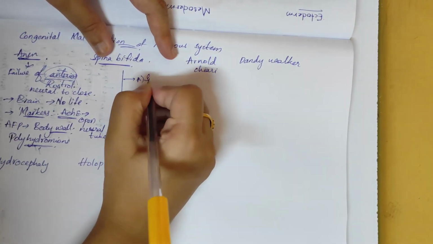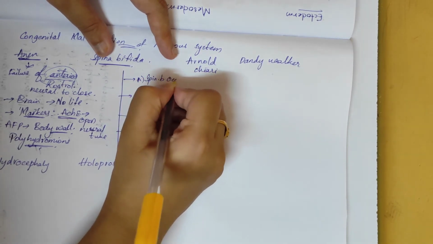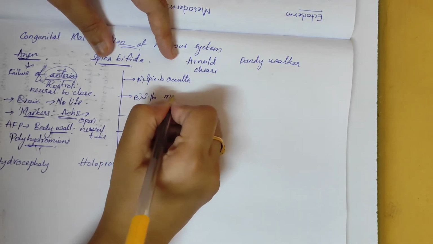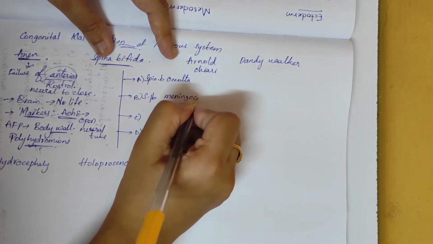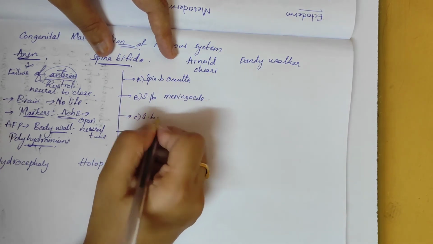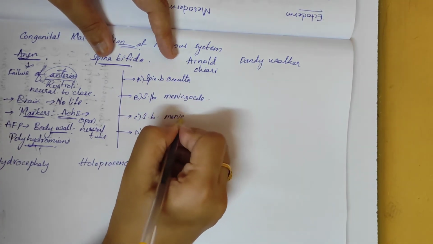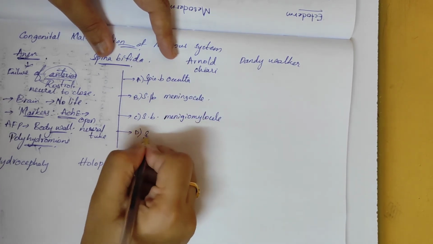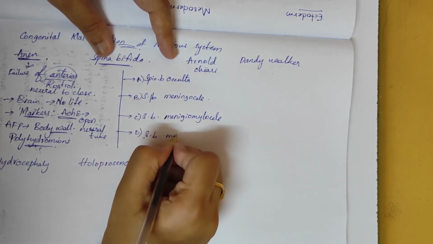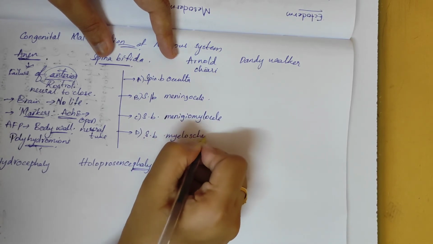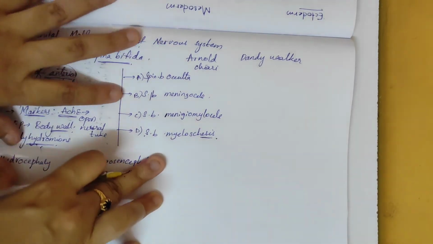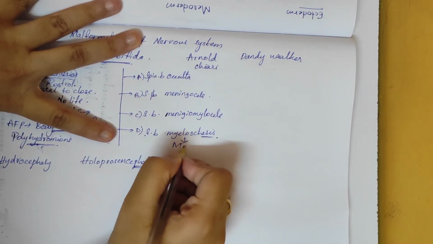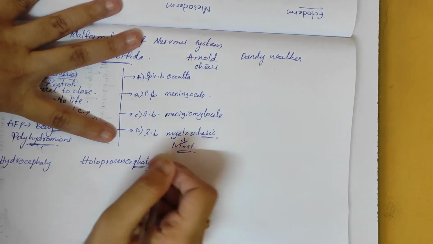First one is spina bifida occulta, next spina bifida meningocele, and next spina bifida meningomyelocele, and next one is spina bifida myeloschisis. So let's discuss the last one first, because this is most severe and also very rare, because in this